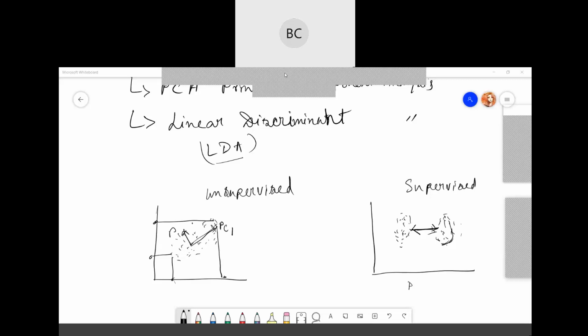The LDA part is mainly used for classification, so just leave it.